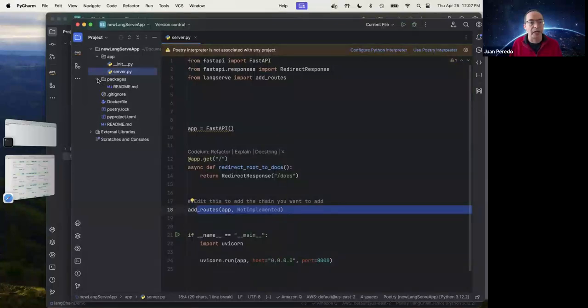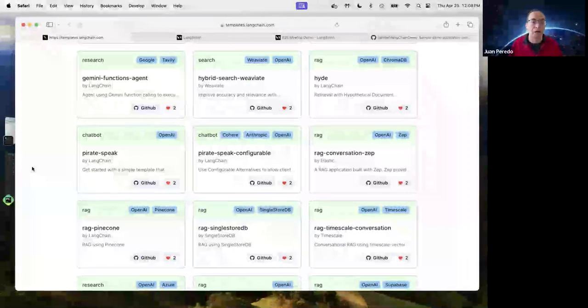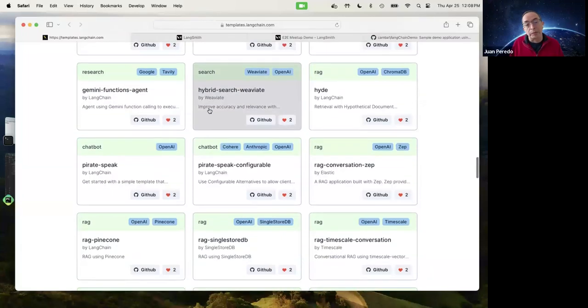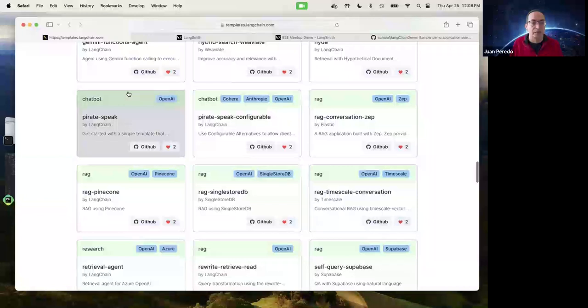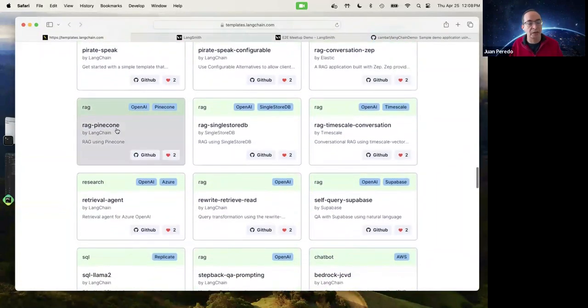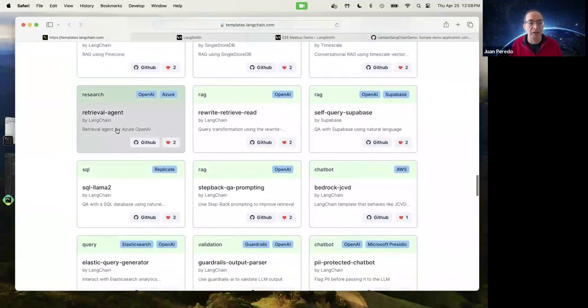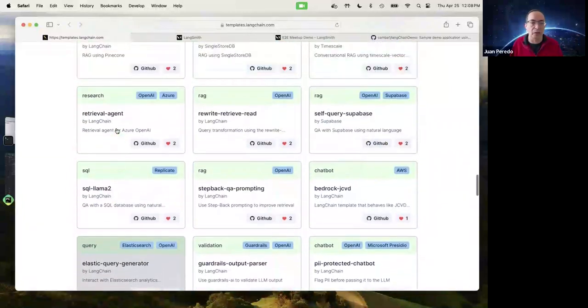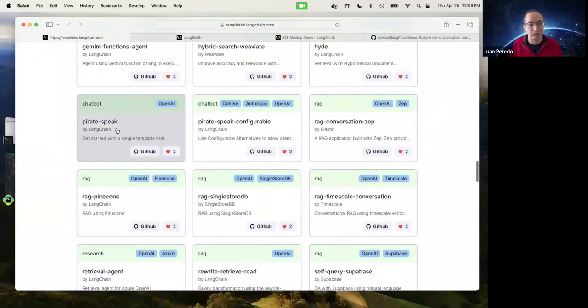It's also created a packages folder where we can automatically import packages that have been created by the community. And there's a lot of those packages, and I'm looking here at some of the packages that were created by the community. So there's some that interact with Gemini, some that are doing RAG for Pinecone, and we'll talk about what RAG is for those that don't know. So on and so forth. You can have agents that interact with SQL and SQL databases, etc.